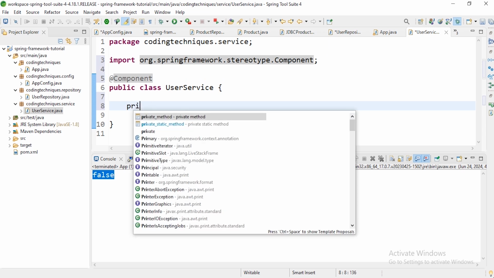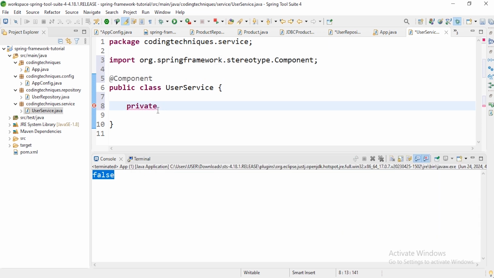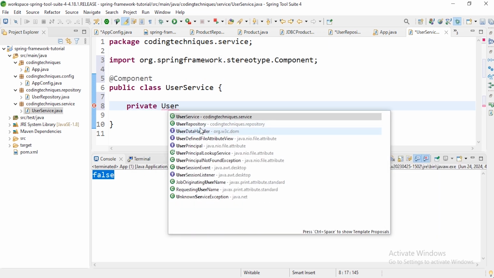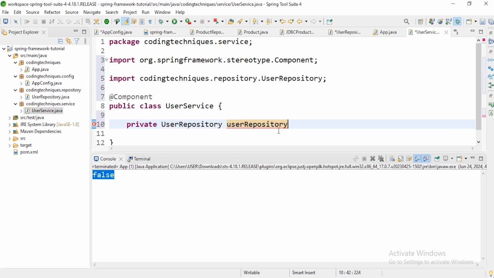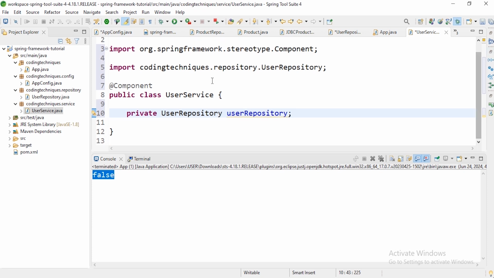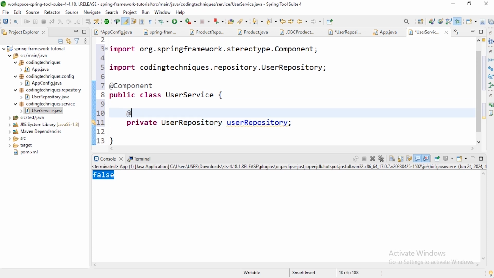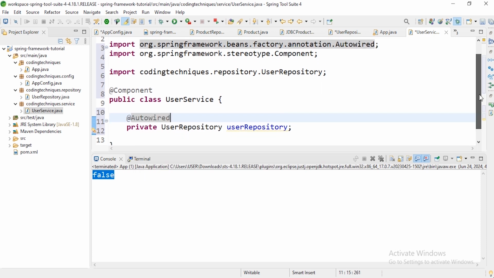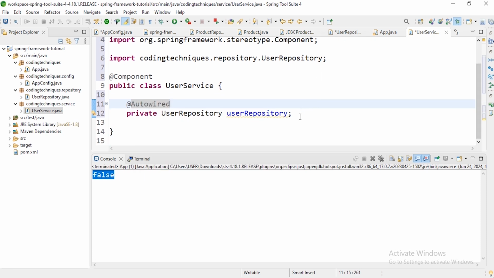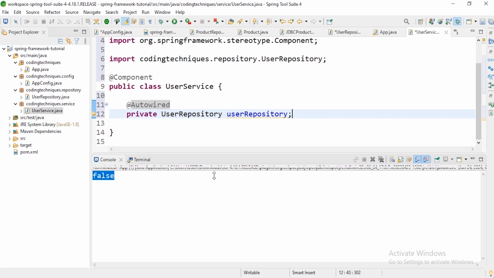Okay, and let's have the user repository inside this UserRepository. Okay, and we will annotate this with @Autowired. It will provide the value for the user repository from the Spring context for us, and then let's define a method